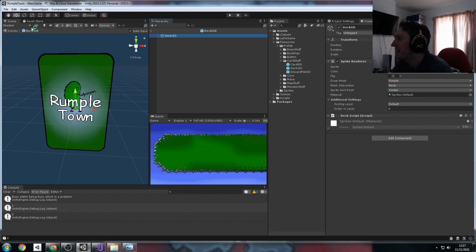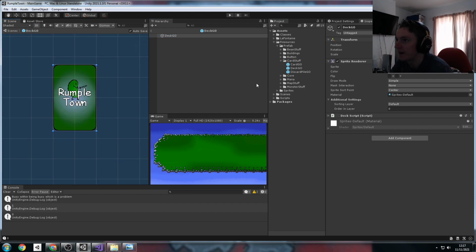Why is this in 3D? This needs to be in 2D. That's good. Okay. So here, I think for the time being, it can be something as simple as...